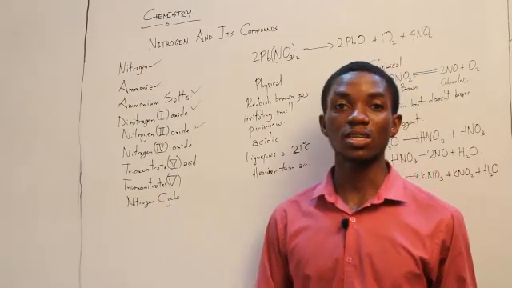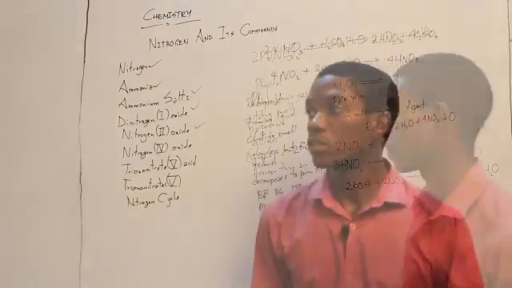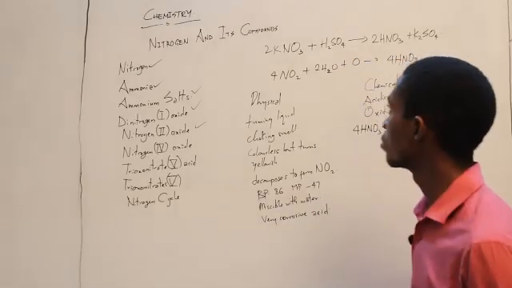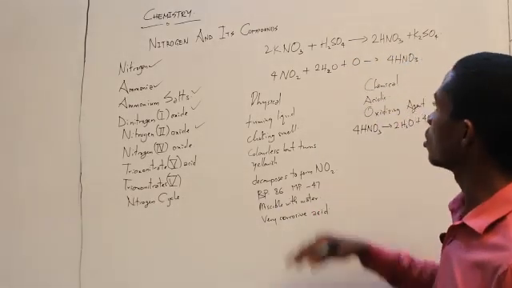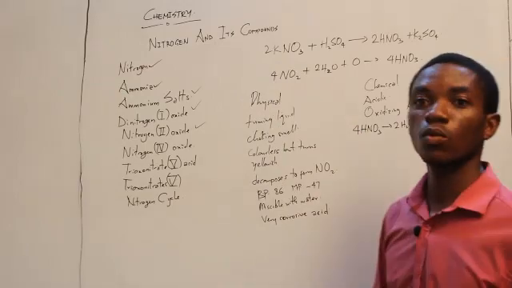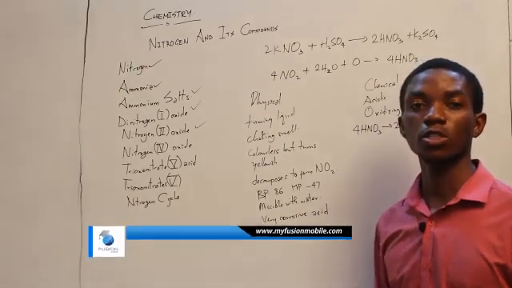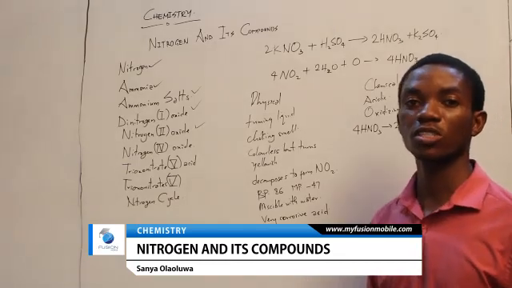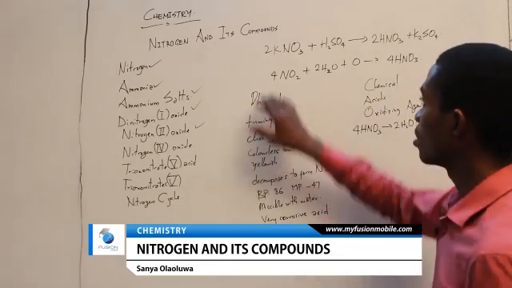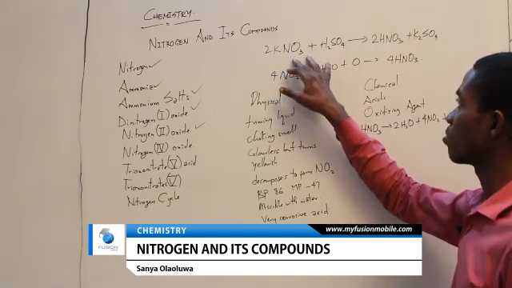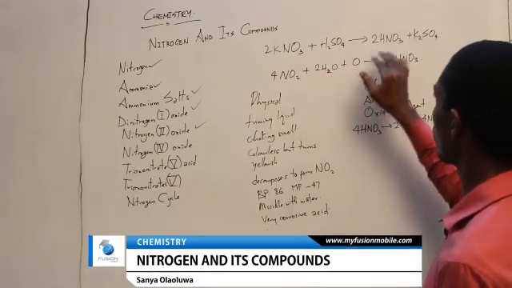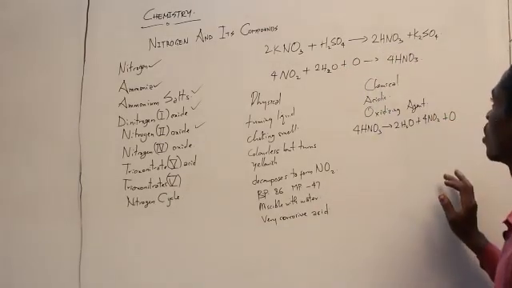trioxonitrate 5 acid. The trioxonitrate 5 acid is produced in the laboratory by displacement, using one of the salts in reaction with the tetraoxosulfate 6 acid. So we can have potassium trioxonitrate 5 reacted with tetraoxosulfate 6 acid, and we'll have the acid produced and